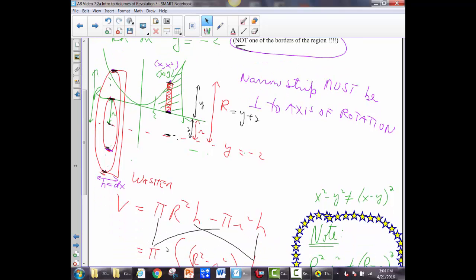Well, the formula for a washer is the volume of the outer cylinder minus the volume of the inner cylindrical hole. So I'm going to call the outer cylinder's radius capital R,